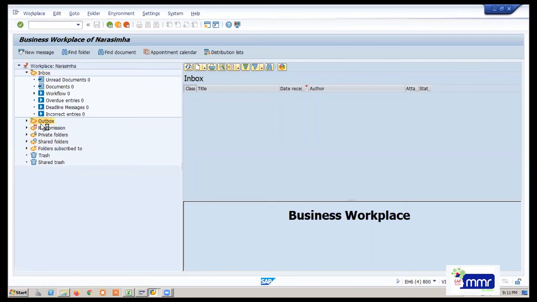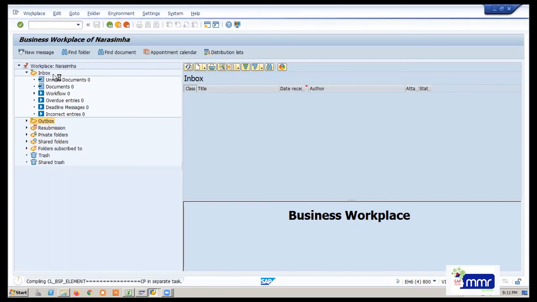Okay, let me check in the outbox, because we are in the same system, right? We are sending by SAP user and sending to the same SAP user. If there is some other user it will go, but even with the same user it should come actually. Now it is not showing. If it is showing in the outbox, then definitely it will come to the inbox also.